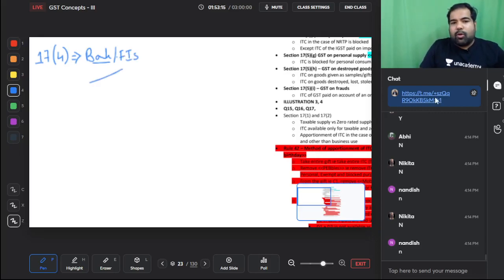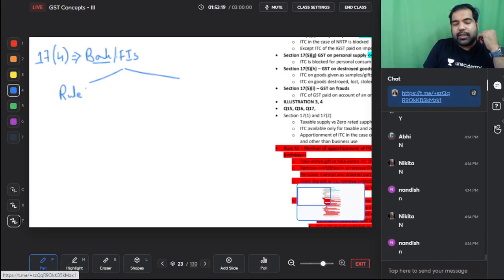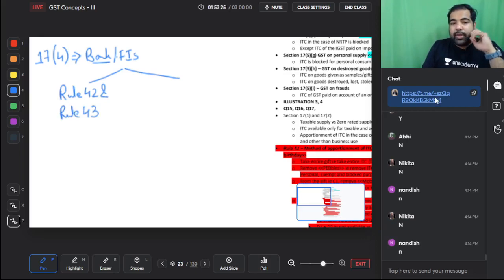So they have two options. If they want, they can apportion the credit based on Rule 42 and Rule 43, but that is complicated. So hence we are offering them a very, very good second option. So Rule 42 and Rule 43 is there for banks also, yes, but they have another option. We don't have it, but banks have this option. What is the option? Let's say you are Axis Bank,